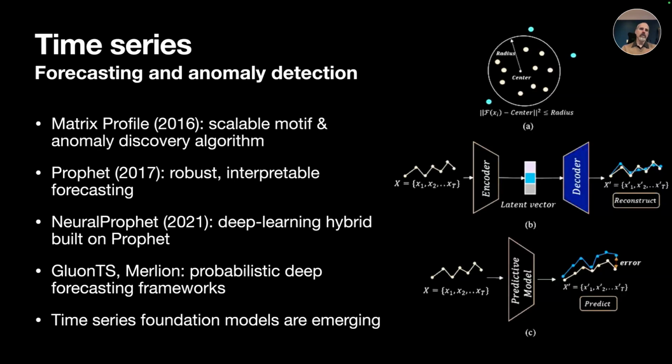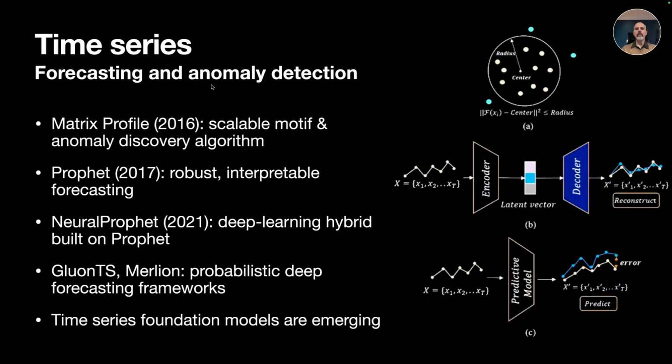Now, why these are interesting, if you look at the graphic on the right, there are in broad strokes 3 different ways of thinking about this anomaly detection problem. You have the classic kind of idea that you have a good area and a bad area. And so these are good dots, and the things that lie outside of the good dots are these are good points, and those are anomalous points.